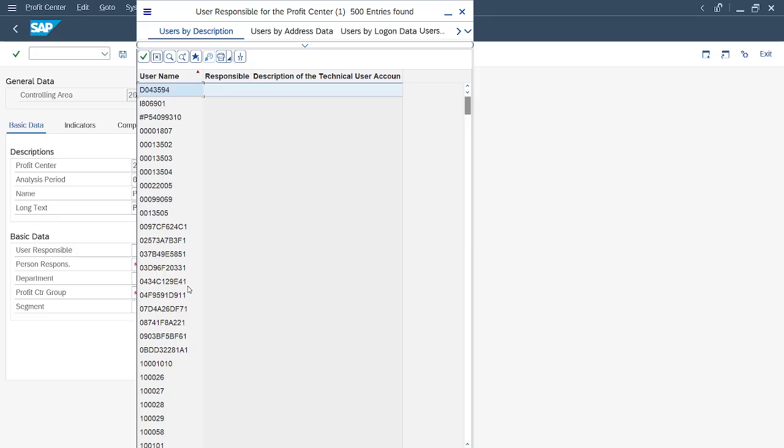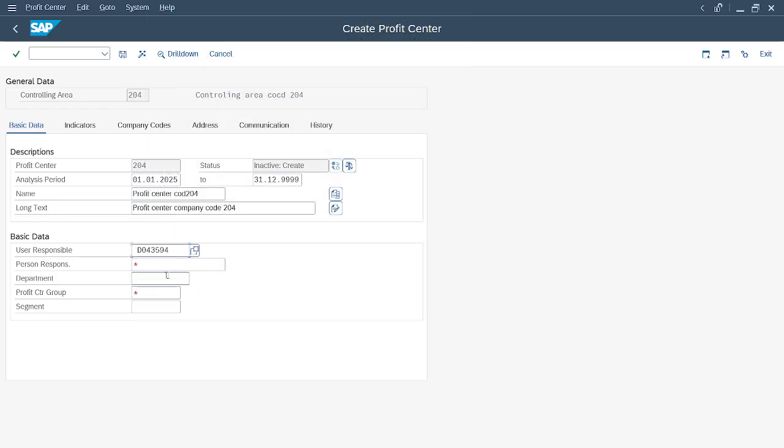For example, if you are working, you have your own username and password, and that particular user will be here because you are defining this profit center. But right now I'm defining the first one, then the person responsible who is defining this. So you can mention your name or any name you want to.